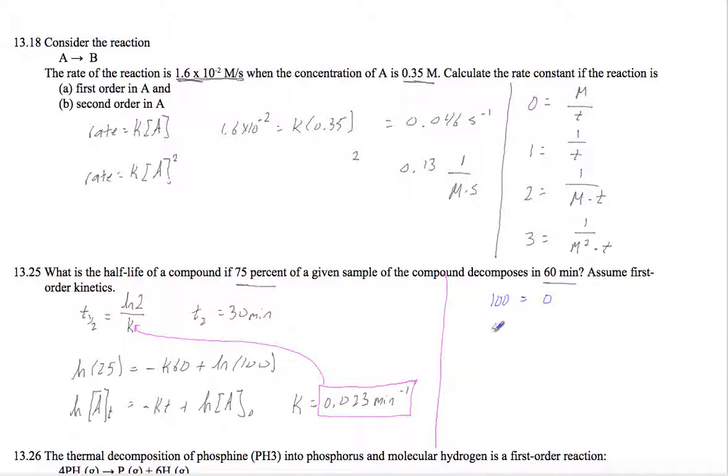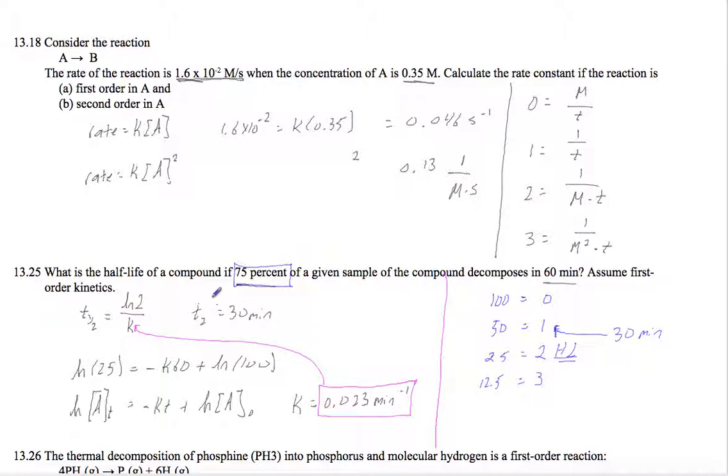If we have 50% of the compound, that's going to be half-life number 1. If we have 25% of the compound left, we have half-life number 2, and 12.5% would be half-life 3, and so on and so forth. And so if we have 25%, which is a nice whole number in terms of half-lives, we've gone through 2 half-lives. If we've gone through 2 half-lives and 60 minutes has passed, that means that 30 minutes is equal to 1 half-life. So that's an easier way to do it if you're dealing with numbers like 75%, 50%, 12.5%, things